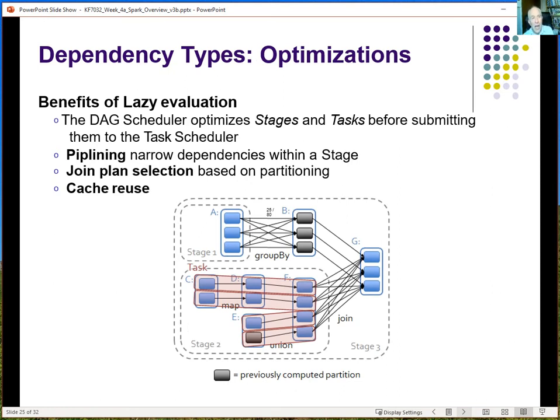But it does help to understand the kind of optimization that your code undergoes and why it's being optimized in that way. So they try and pipeline together narrow dependencies and also limit the number of shuffles. So any data extraction should be done before you go through a wider dependency, and this allows the reuse of caches and so on. So having an awareness of this, the underlying mechanism,